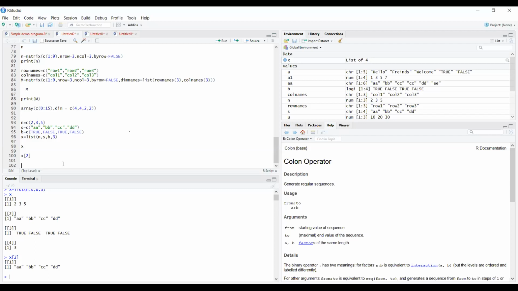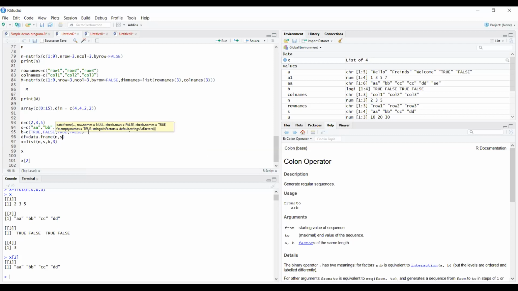We will take the same example we have taken just now. Instead of this list, I am going to type one more command, df. Df stands for data frame. This is an object of data frame. It is data.frame in the brackets n comma s, sorry, s comma b.